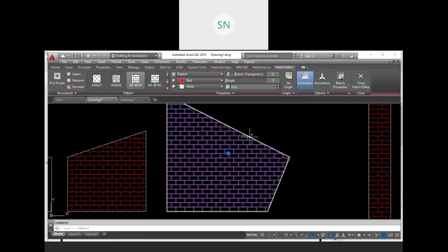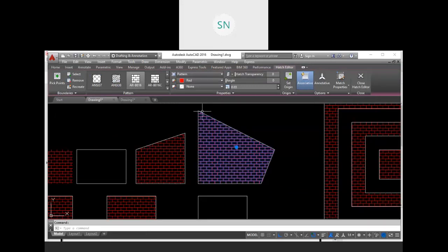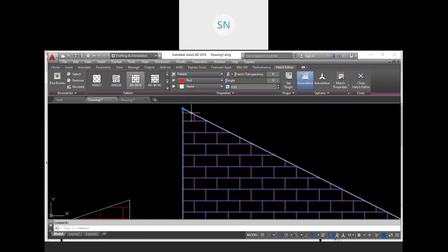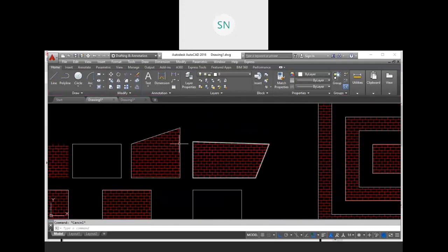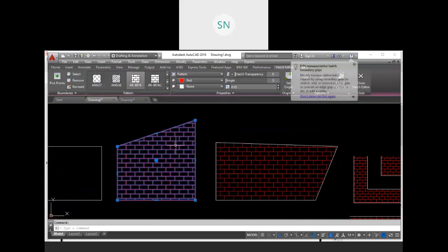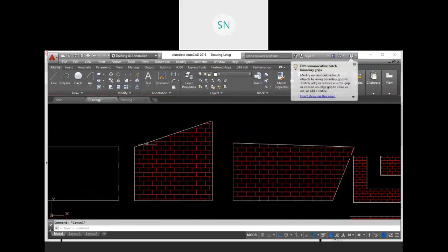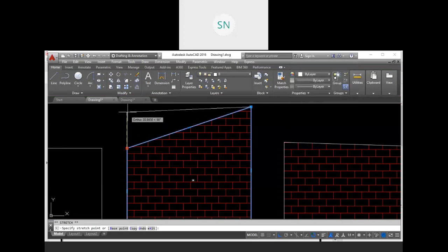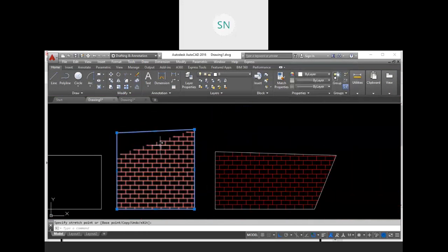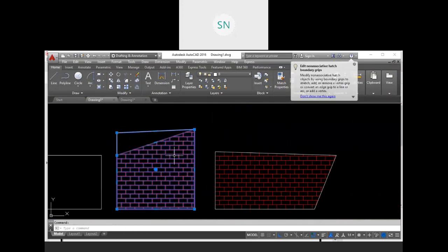It depends on our object. Whatever shape our object takes, our hatch will also take that shape, right? But this hatch has its own boundary. So whenever I change the shape of my object, this hatch may not be affected, right? It has its own boundary.